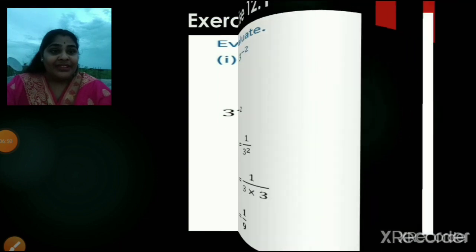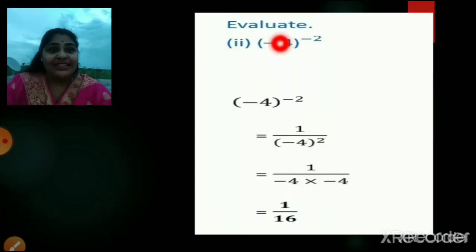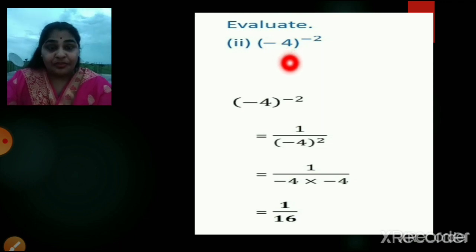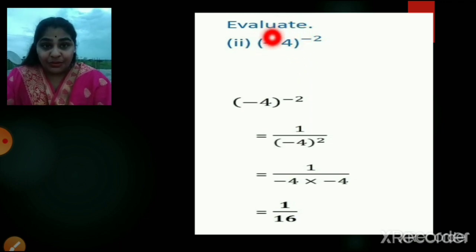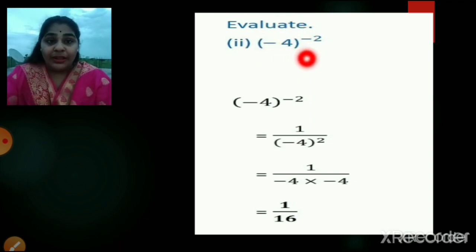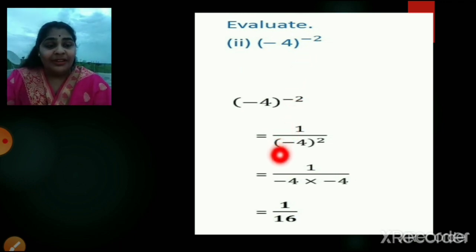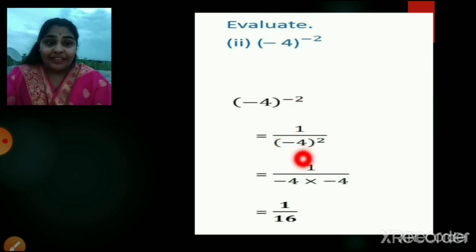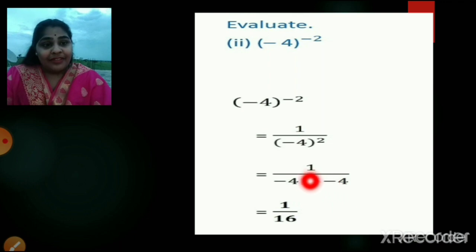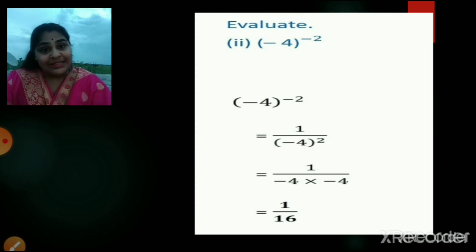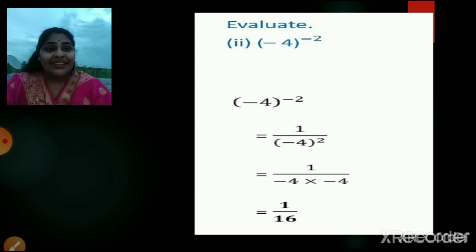Okay. Let us proceed with another one. Now you can see here negative 4 raised to negative 2. Now here negative 4 is the a value, children, right? So it will be 1 upon a raised to x. That is 1 upon negative 4, which will be as it is, children. A value is negative 4. So 1 upon a raised to x. So negative 2 becomes positive 2. Right? Then 1 upon negative 4 into negative 4. When two negative integers are multiplied, the product is positive. So 4 fours are 16, so 1 upon 16. I hope this is clear.